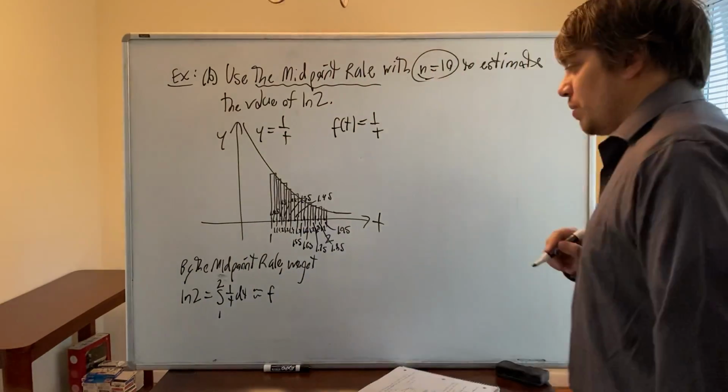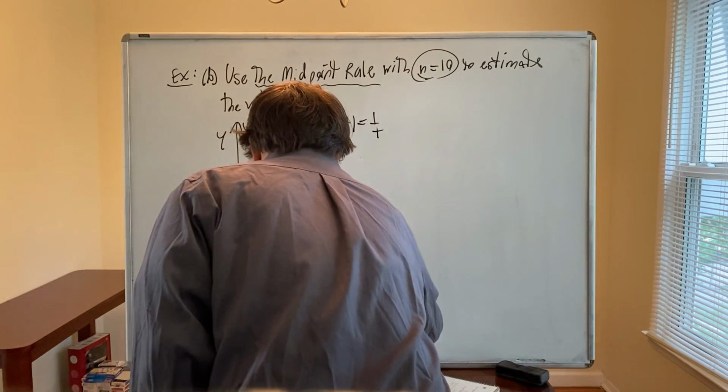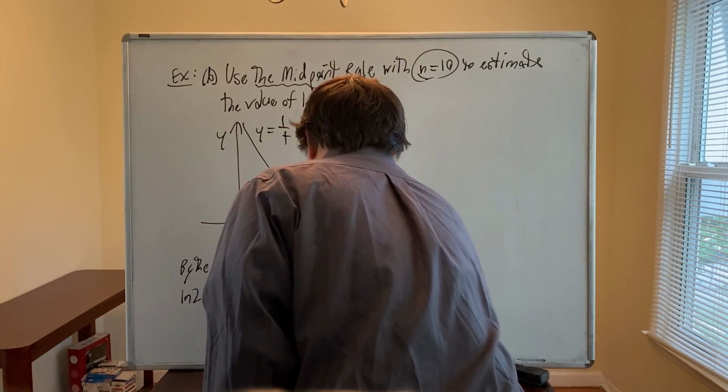Okay, so I'm calling f of t 1 over t. So it's going to be f of 1.05 times 0.1 plus f of